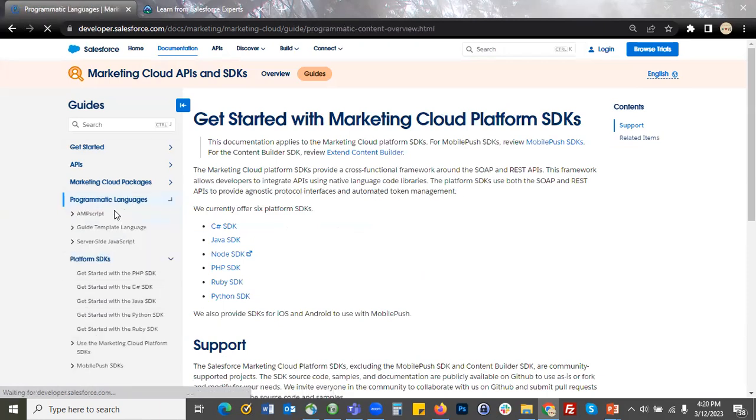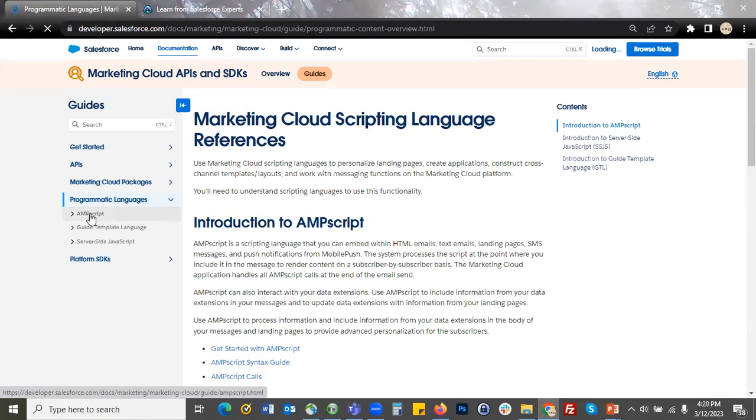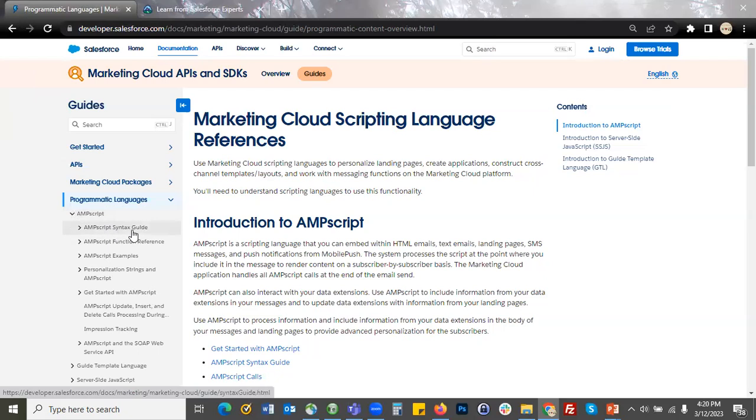And in programming languages, we have the AMPscript section and the SSJS section. Here also you have the syntax guide and examples, some of them live examples, and also usage, like all the functions and syntax of each and every function, how to make use of those functions, everything is available here.